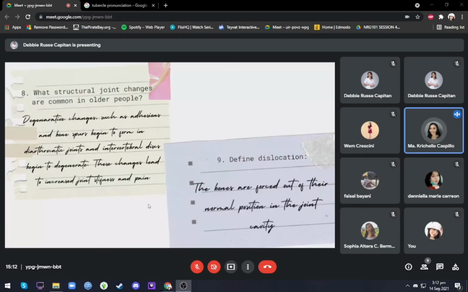What structural joint changes are common in older people? Degenerative changes, such as adhesions and bone spurs, begin to form in diarthrotic joints and intervertebral discs begin to degenerate. These changes lead to increased joint stiffness and pain. Define dislocation. Dislocation is when the bones are forced out of their normal position in the joint cavity. Next,